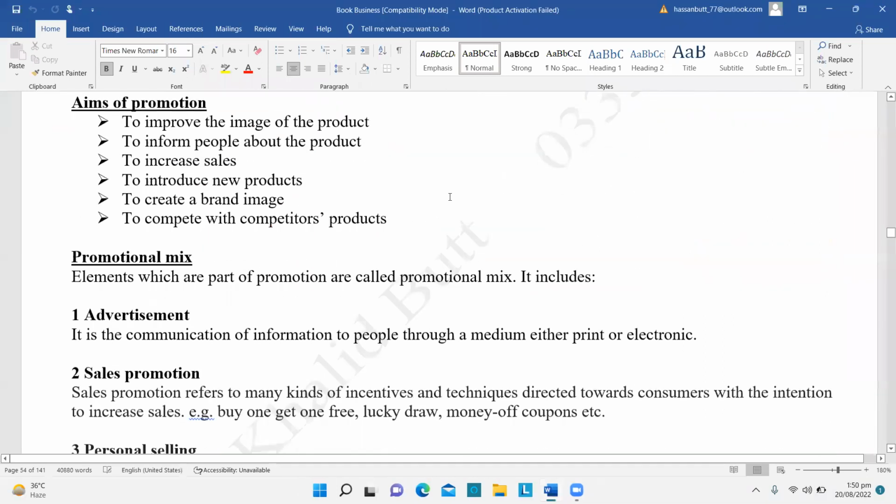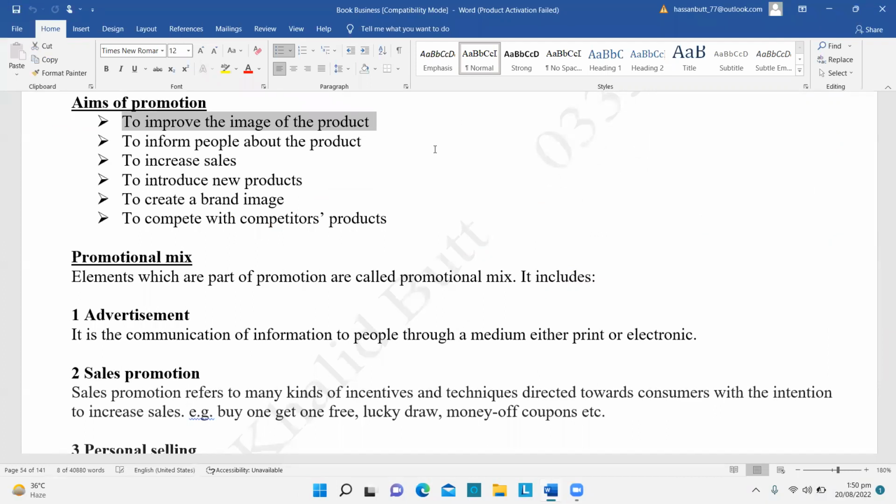Now, aims of promotion. The first one is to improve the image of the product. Image is very important. If image is not good, even if the quality of the product is good, people won't buy. Now, imagine the quality of your product is very good, but how would people be knowing about it unless and until they give it a try? But because your image is bad because of some reason, and people are not spreading a good word of mouth about your product, people won't buy your product,